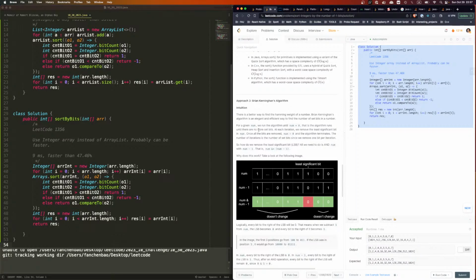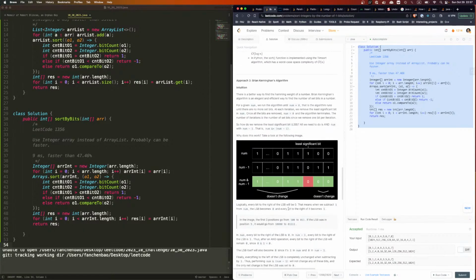That means when we subtract 1, the least significant bit becomes 0, and every bit to the right becomes 1. And now, after we AND the operation, every bit to the right remains 0,